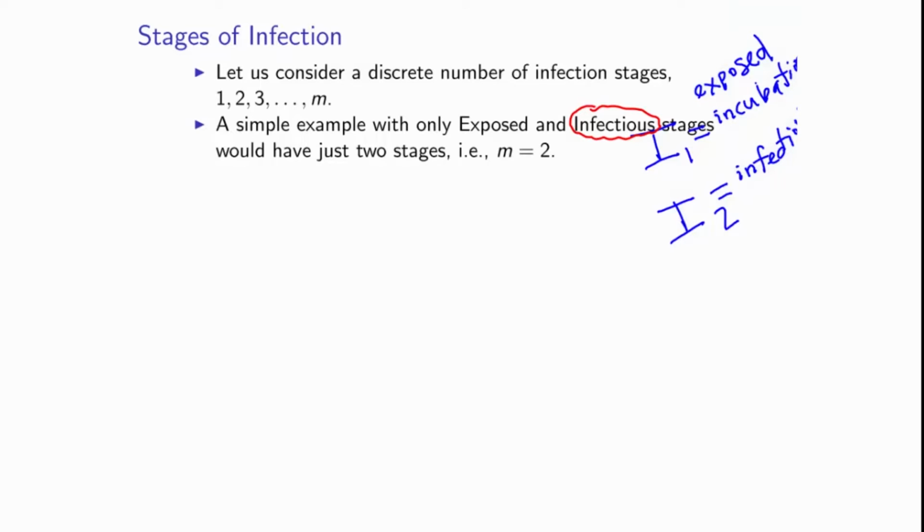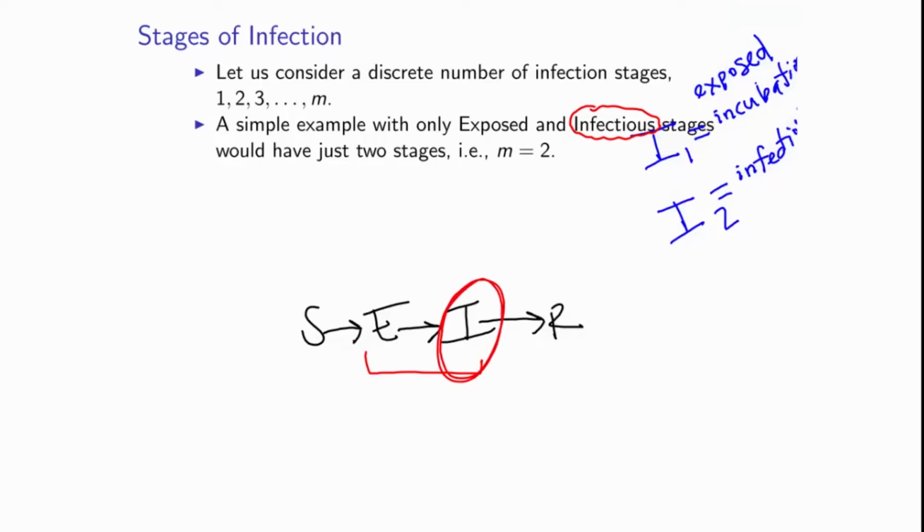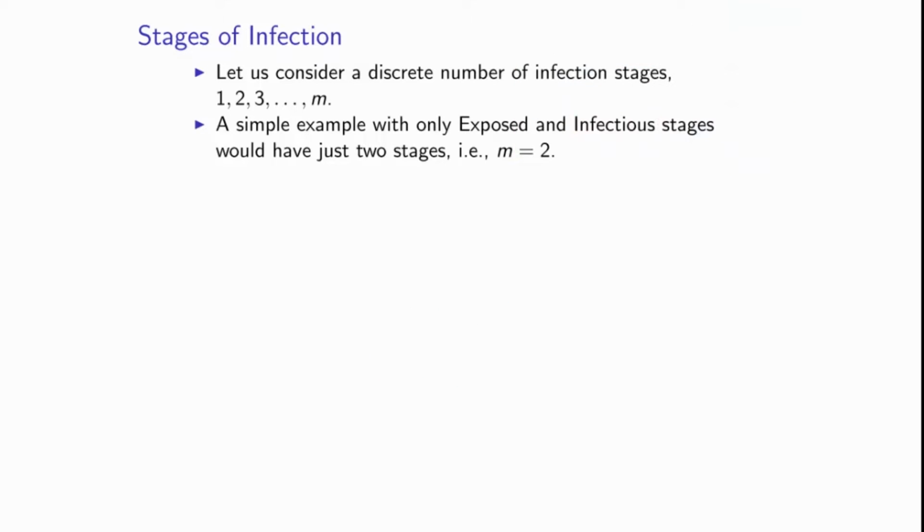I think we briefly discussed a model before that looked like S, E, I, R. And then we were saying you can go from S to E, from E to I, from I to R. Definitely in this model, these two stages are stages in which individuals are infected, but it is the second stage here that denotes that group of individuals that are capable of passing on infection. So that's the context we're working with.